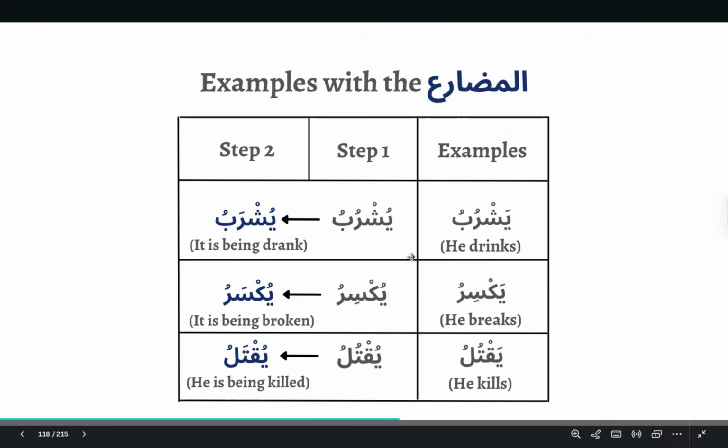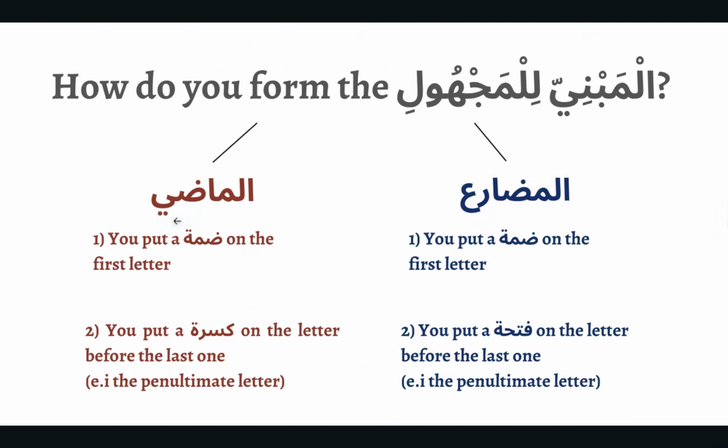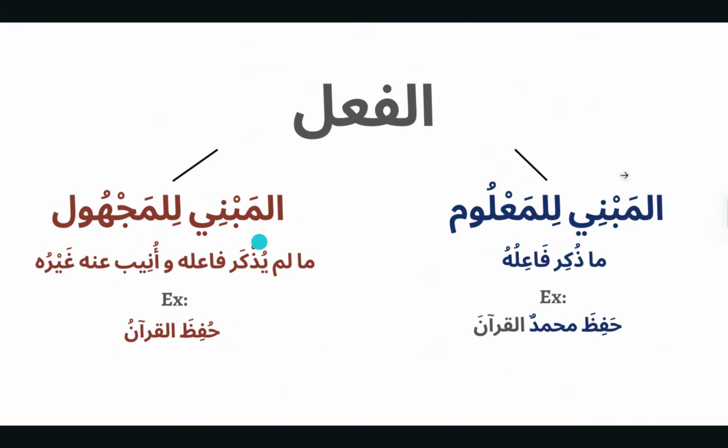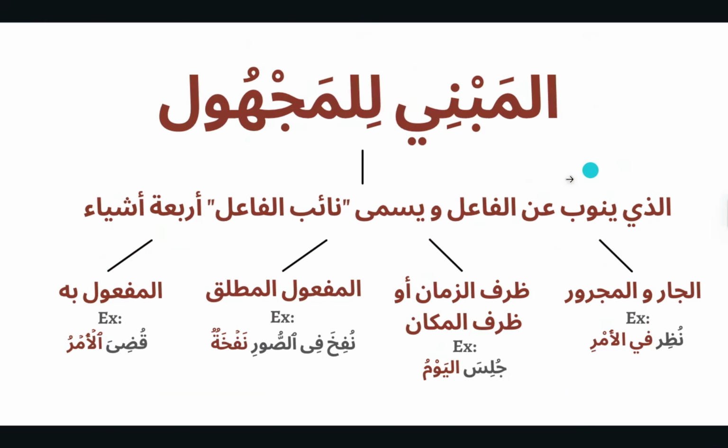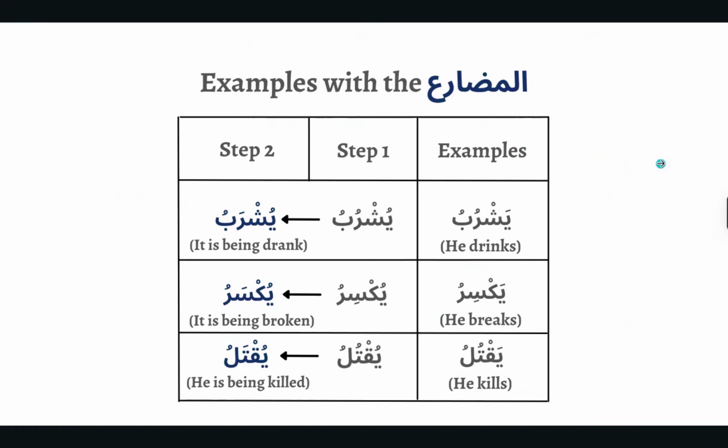Inshallah, in part number 2, I'm going to explain how you create the majhul form for verbs that are not thulathi, verbs that have more than 3 letters, like istaghfara, tadaraba, tanasara, ijtama'a, and so on. But inshallah, we'll cover that in part number 2. But now, alhamdulillah, you understand the difference between the verb that is ma'loom and the verb that's majhul. You understand what will take the place of naib al-fa'il when you make a verb in the majhul form. And likewise, you understand how to make the majhul form for thulathi verbs, verbs that have 3 letters, like shariba, kasara, qatala, and so on.